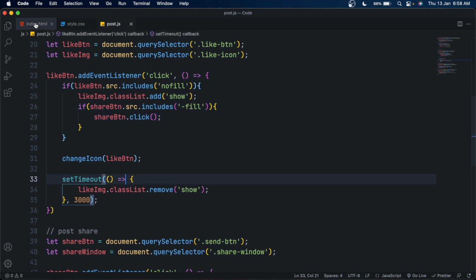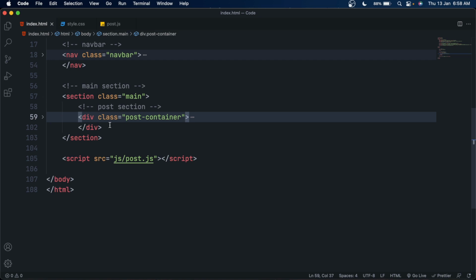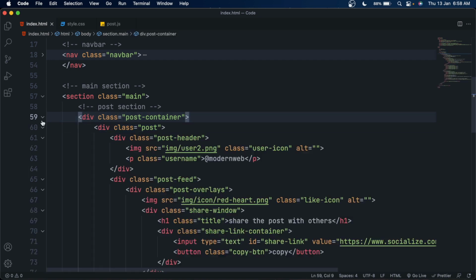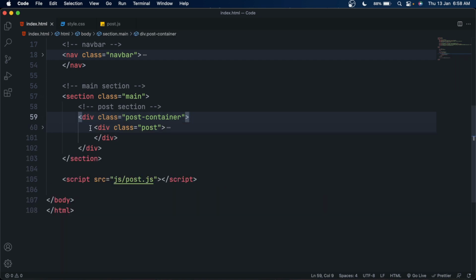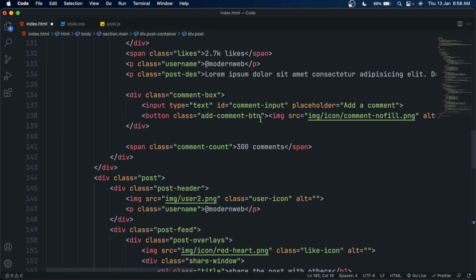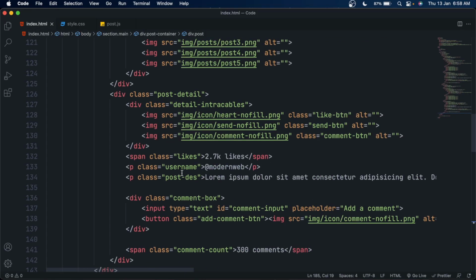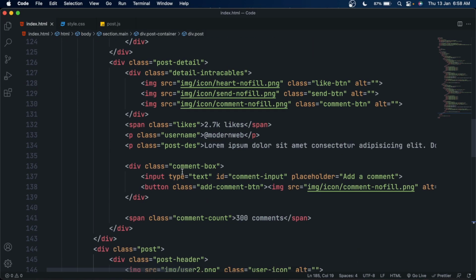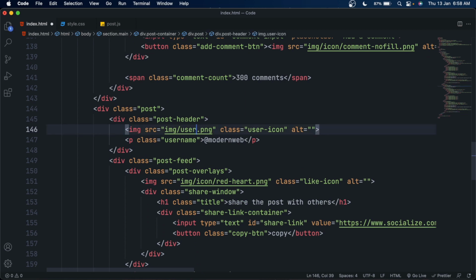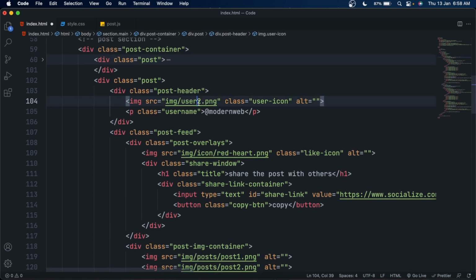Well, that's great. Now let's make two or three more posts. So just make two or three more copies of these posts. You can change the image source and the post content if you like. I am fast forwarding this process.